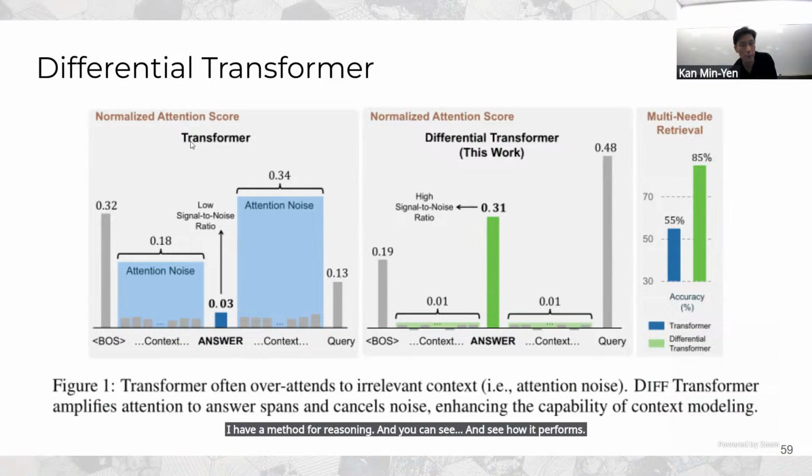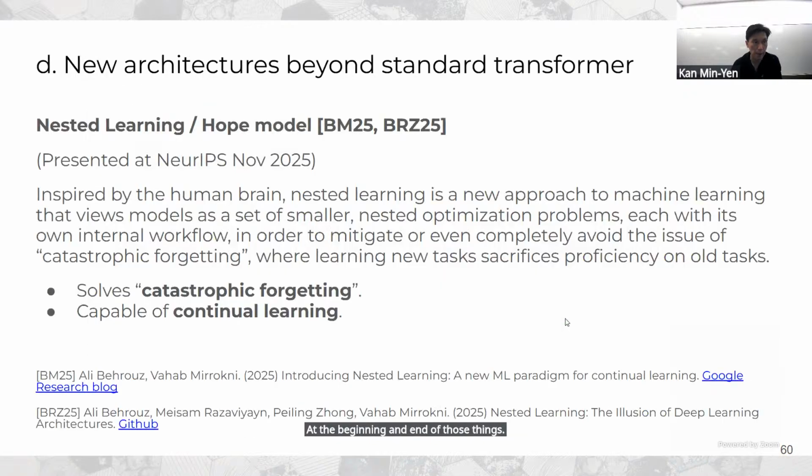This is the normal standard transformer. This is the new diff transformer. You notice that there's attention noise at the front and at the back, and the attention noise overwhelms the correct answer, which is in the middle of the graph. Whereas the diff transformer amplifies the relevant signal while reducing the noise at the beginning and end of the sequence. And that's diff transformer.